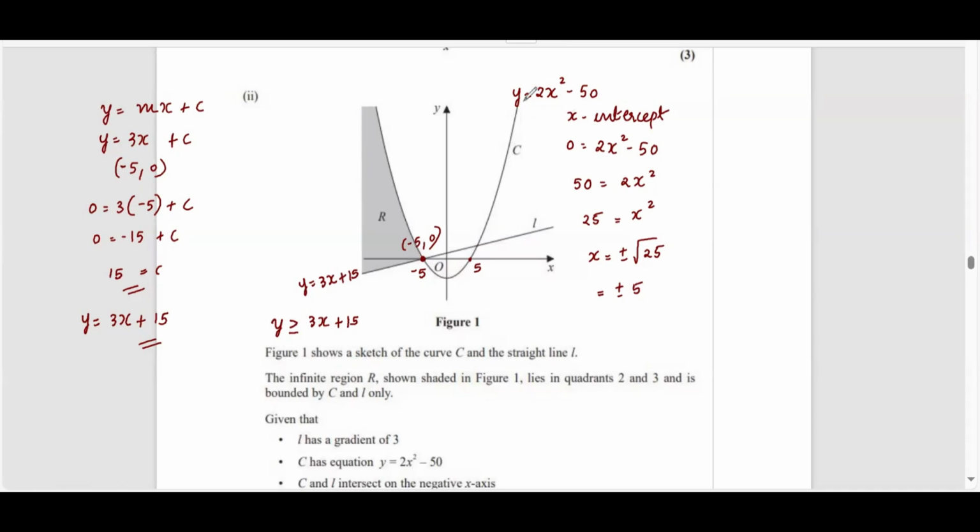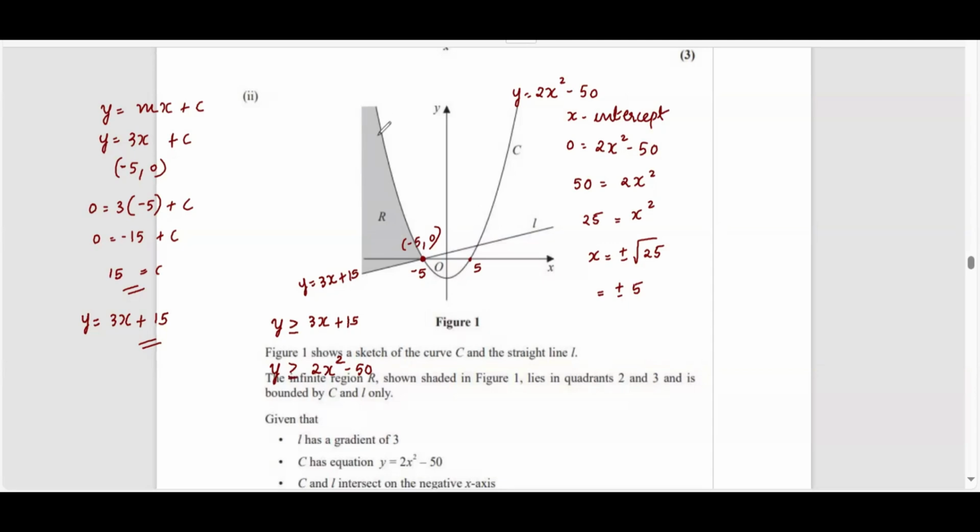Now, 2x square minus 50, that is the curve. The region that we are considering is above the curve, so it will be y is greater than 2x square minus 50, and